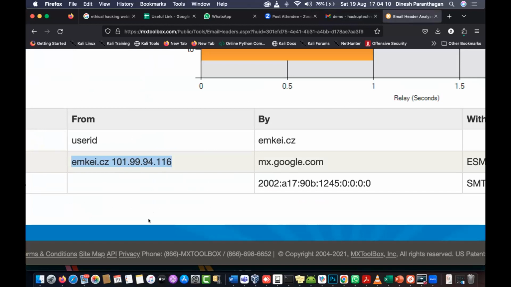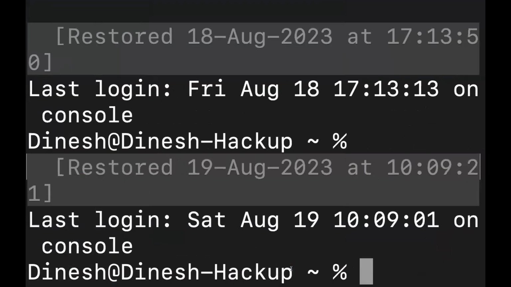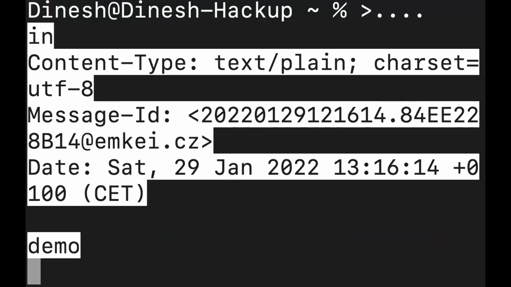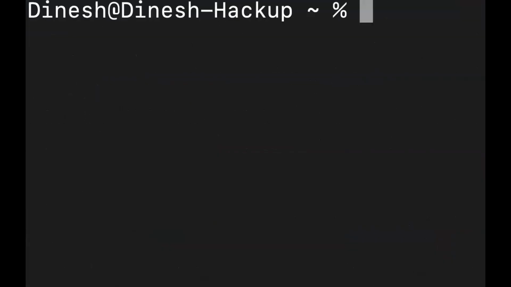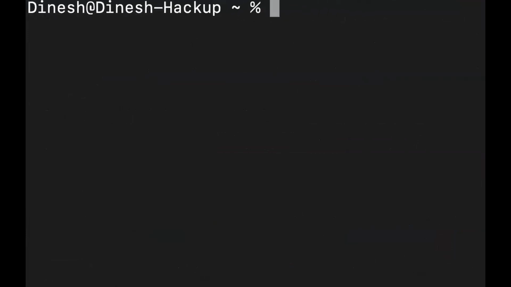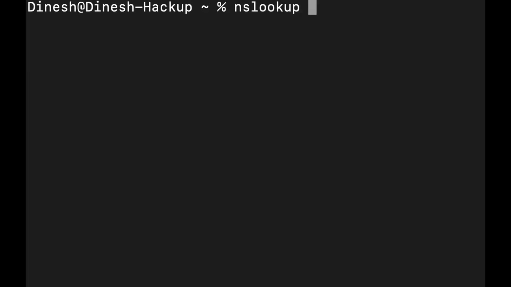For that, there is an option available in the command prompt or terminal. Here is my terminal. You can use Windows, Linux or Mac. The command is nslookup, space, hyphen type equal to mx.